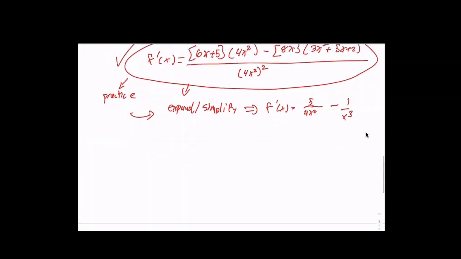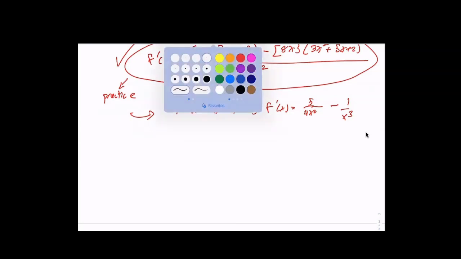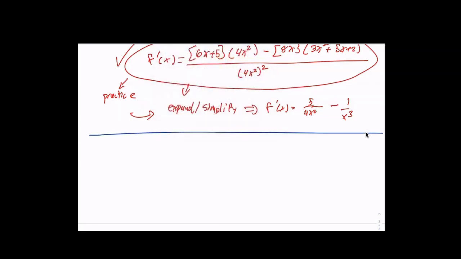All right? Let's do another example. Now, the following example can only be done using the quotient rule. It can only be done using the quotient rule. g of x equals 5x squared plus 2 over 3x minus 7. Now, I want you to note